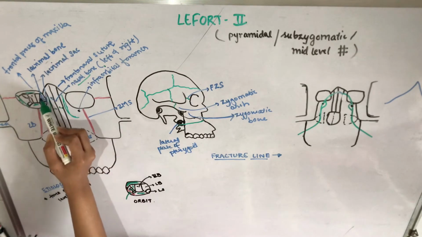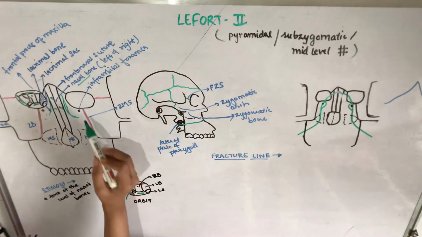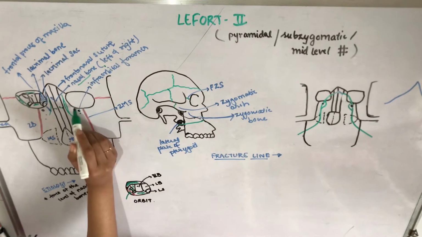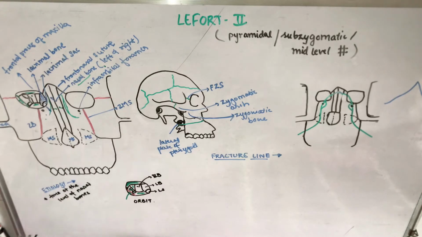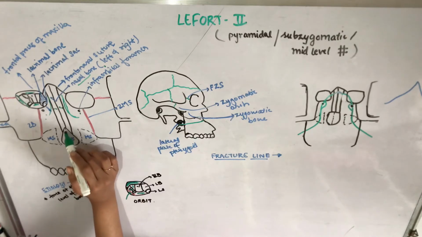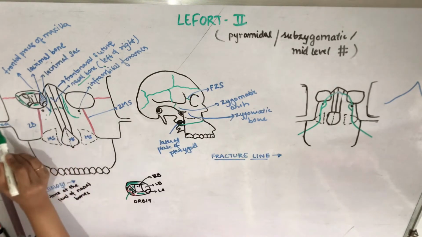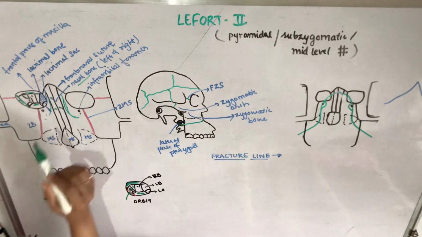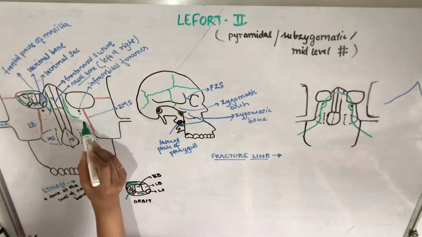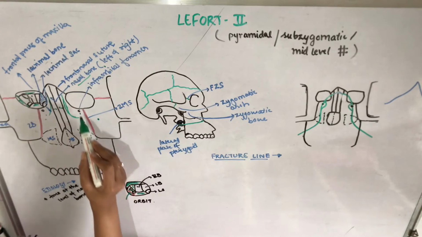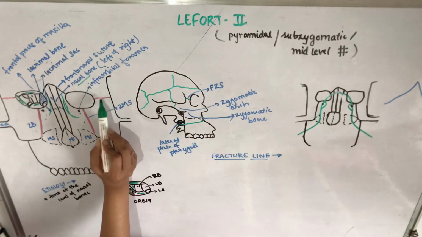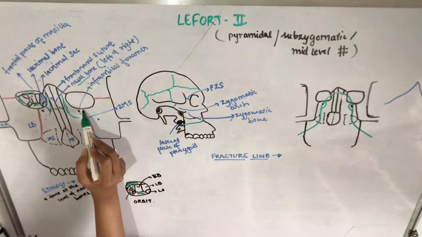Then, as we have said about the lacrimal bone, lacrimal sac and frontonasal suture, this is the infraorbital foramen, below your infraorbital rim. These are your maxillary sinuses. This is the pyriform aperture, and the middle part of your nose is the nasal septum. Then this is the zygomatic arch, zygomatic bone, and this suture is the zygomatico-maxillary suture, between the maxilla and the zygomatic bone. This is the frontozygomatic suture, between the frontal and the zygomatic bone.